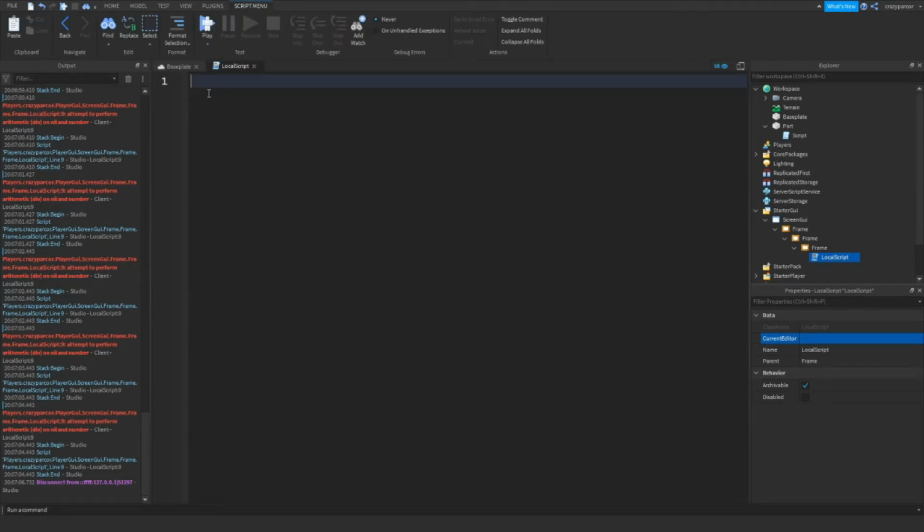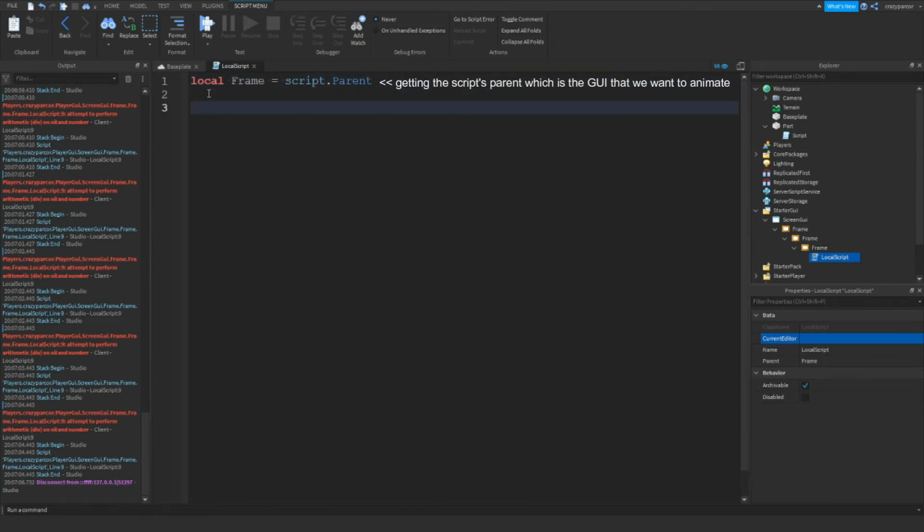What you're going to do is get the frame, which is the UI, that GUI that you want to move. So frame is equal to script dot parent, and then you're going to get the player, and you're going to get the character, and then the humanoid. And the humanoid contains the health property, so we can base it off of the health property. So local player is equal to game dot players dot local player. Local player is basically just the client,